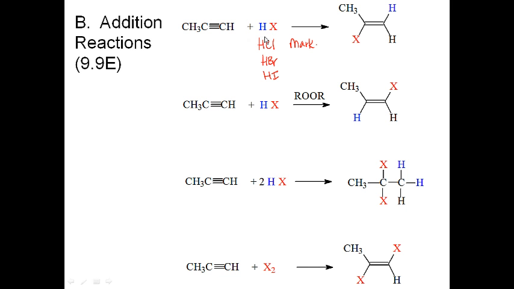The additional advantage of a triple bond is you can add not only one HX, but you can add two HXs. So if I wanted to, I could take this molecule and add another molecule of HX, and if I did that, I'd get two X's, two halogens, and then I would get a CH3 group over here. And so I think I've done that reaction down here. If we add two equivalents of HX, then we form this